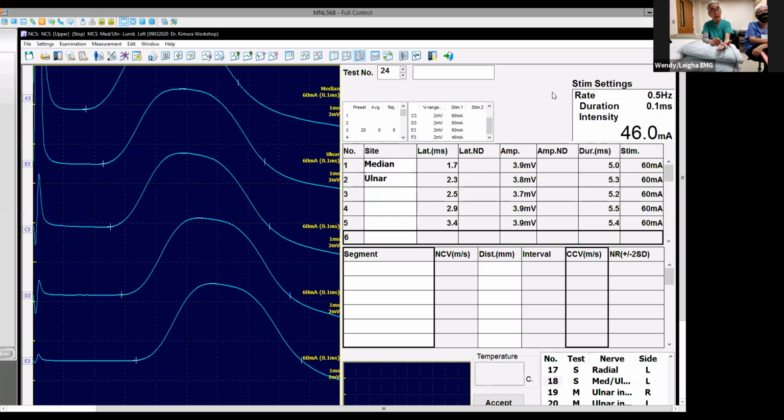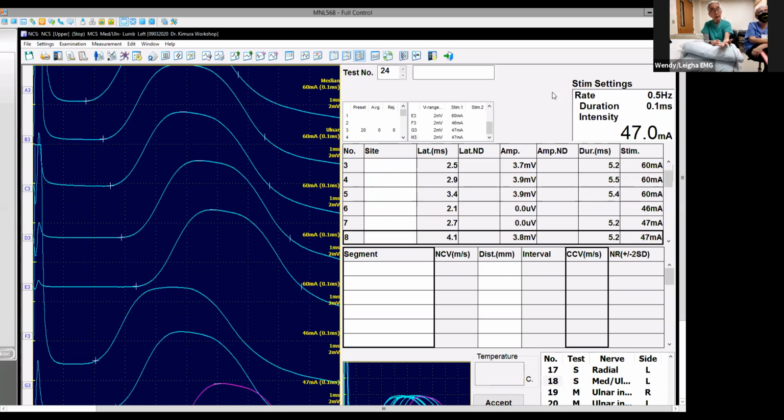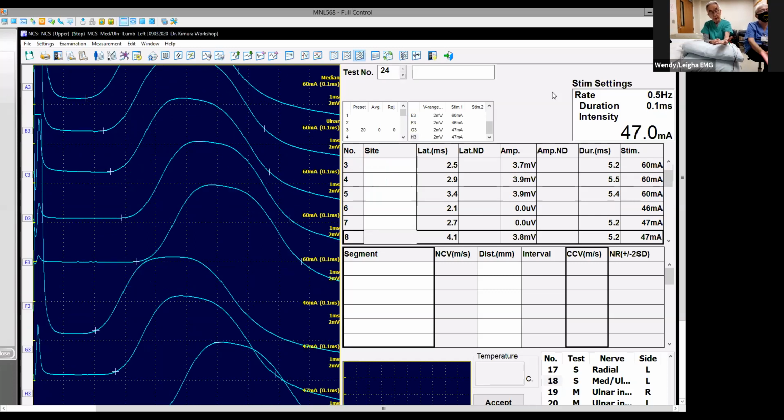Take that. Take that. Take that. I just did it sort of haphazardly, but if you superimpose,